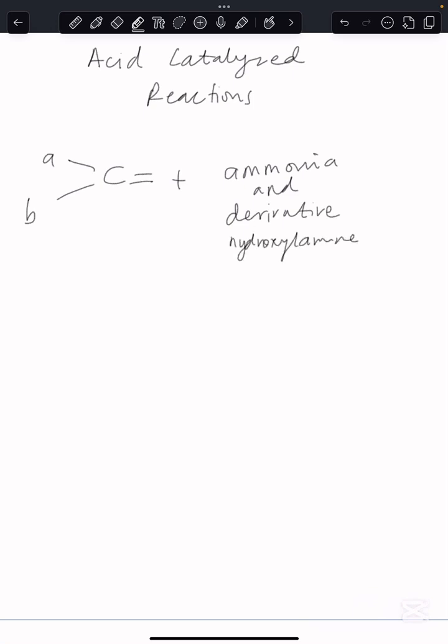Next up we are going to discuss acid catalyzed reactions. Over here we are going to use ammonia and derivatives that include hydroxylamine, phenylhydrazine and hydrazine. Hydroxylamine looks like this, phenylhydrazine looks like this,